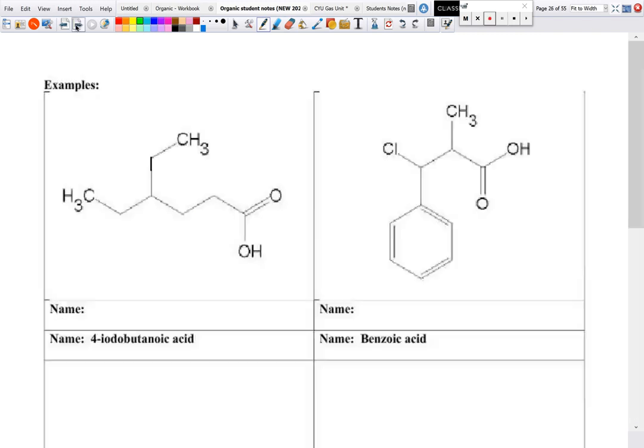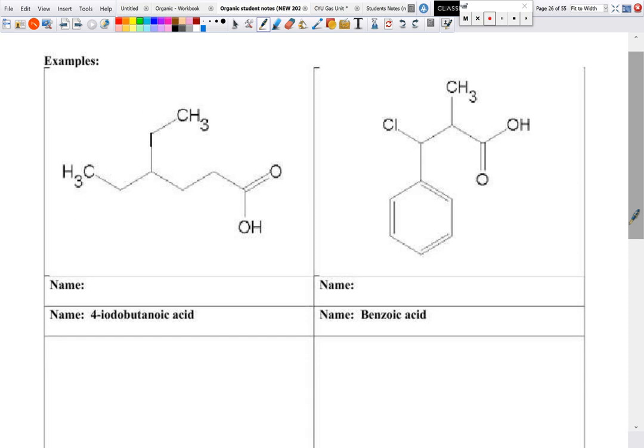All right, so let's have a look. We can tell our first hydrocarbon chain is right here. Right away, I see the carboxylic acid functional group right here, so I know carbon 1 has to be right here in the middle. Next is just finding my longest continuous carbon chain after that. So I go 2, 3, 4, 5, and 6. So my longest carbon chain is going to be hexane